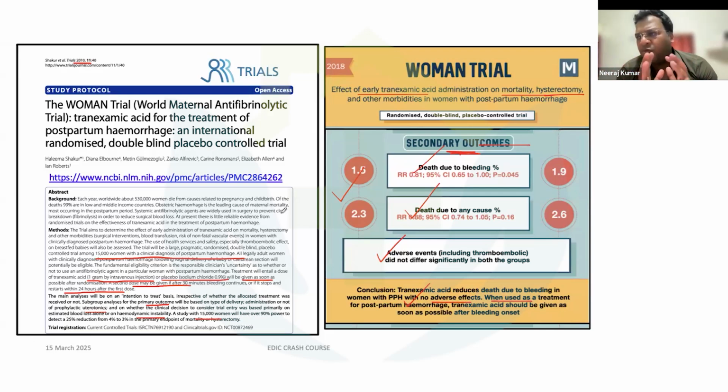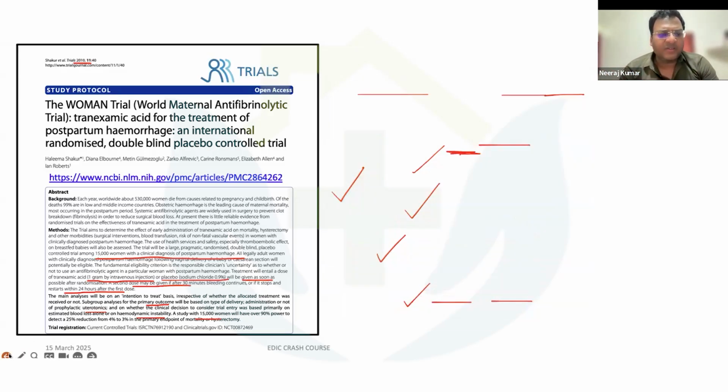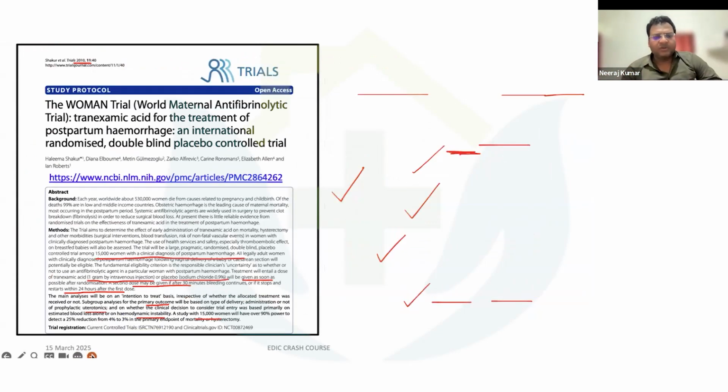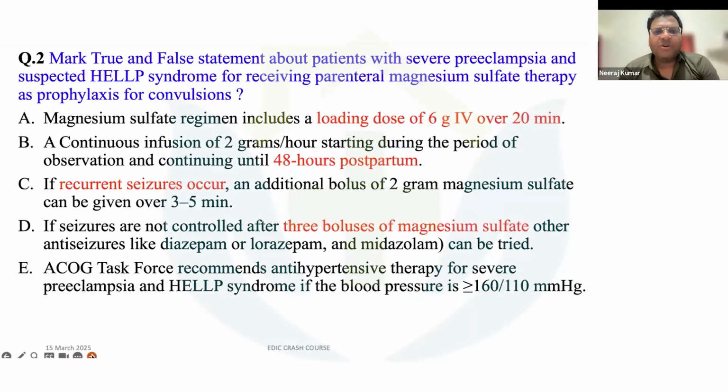You can get many ideas from it, because one option here that I haven't discussed is that tranexamic acid is passed into breast milk. This is a true statement. While reading this trial, you will find that answer. Okay. Now coming to the next statement, again this is a very important question that I have framed